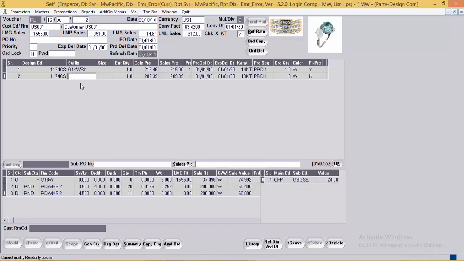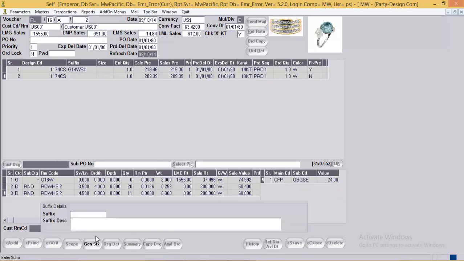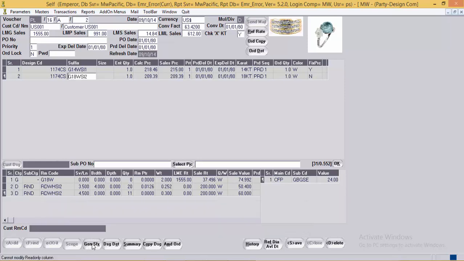Here the suffix should be kept as G18W, SI2 quality. The description for the same. Now here again the customer can bargain and keep the price as 205 fixed for the next 3 months.